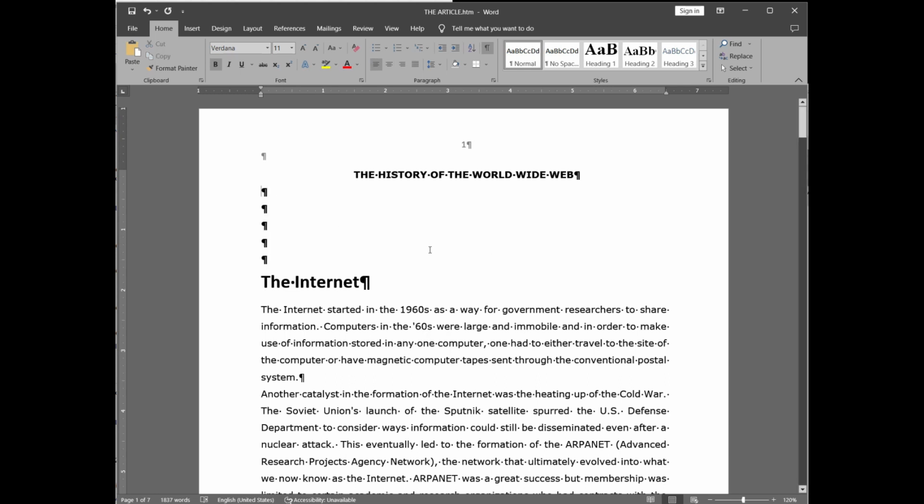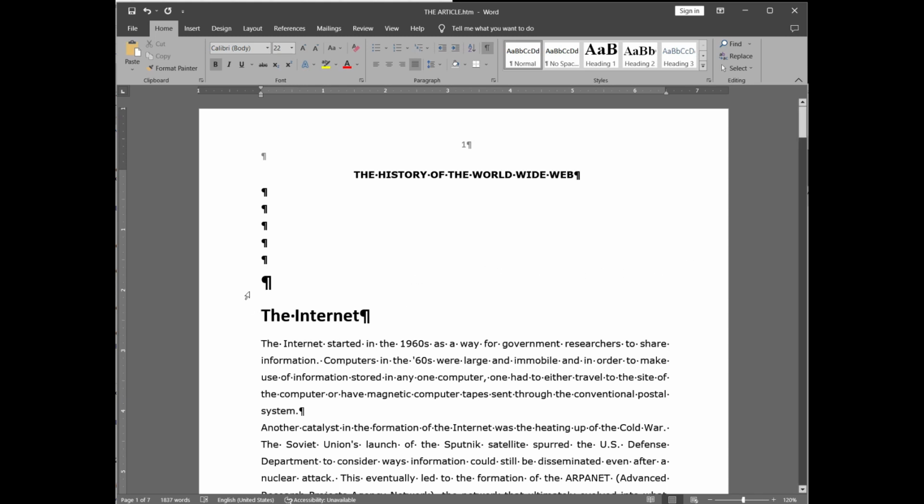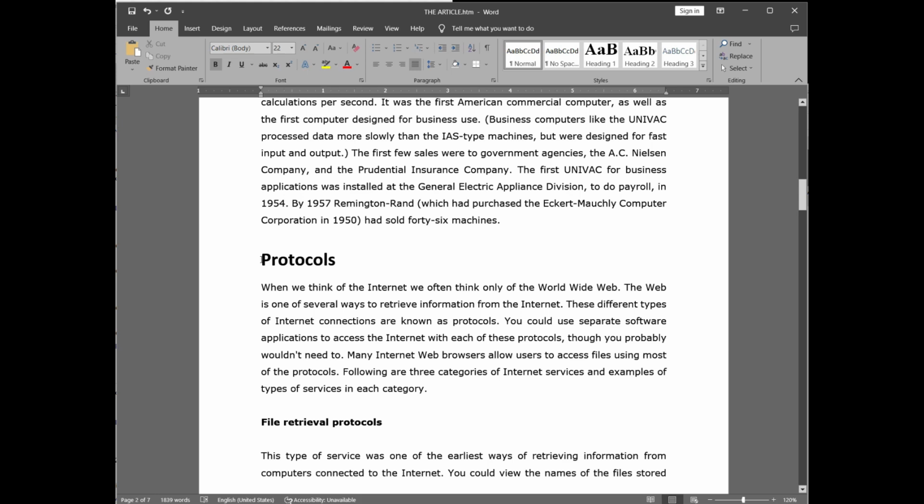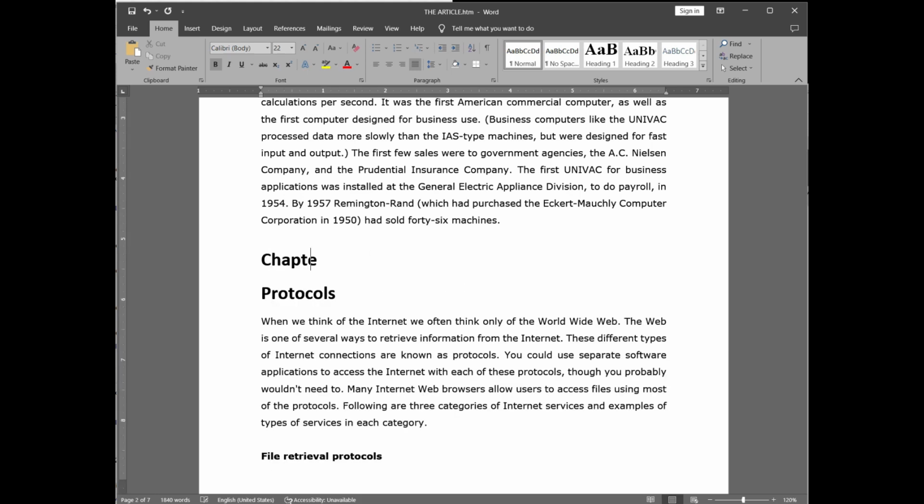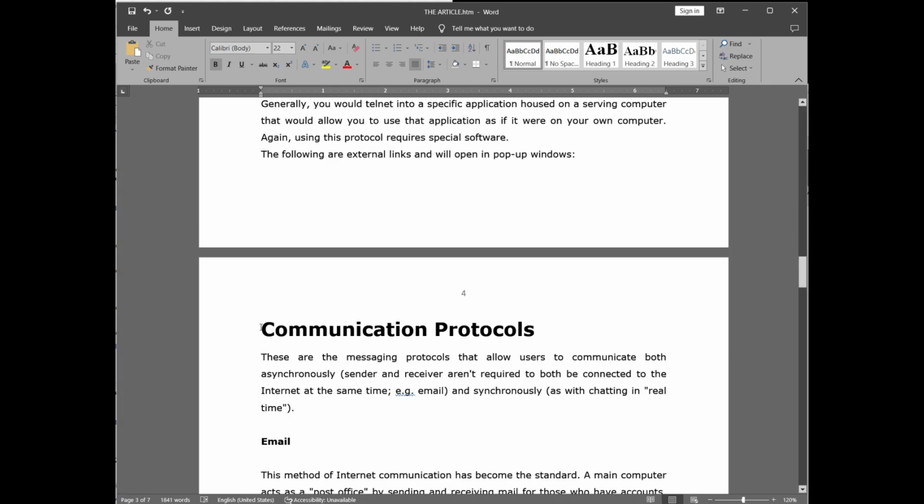Before I put the table of contents, I would like to place bookmarks, folks, because the table of contents in my case is designed to automatically jump to the titles of the chapters. So first of all, I would like to type the names of the chapters. Here will be chapter 1, before protocols. Chapter 2, communication protocols,